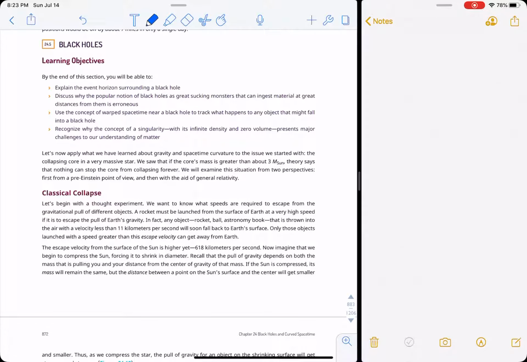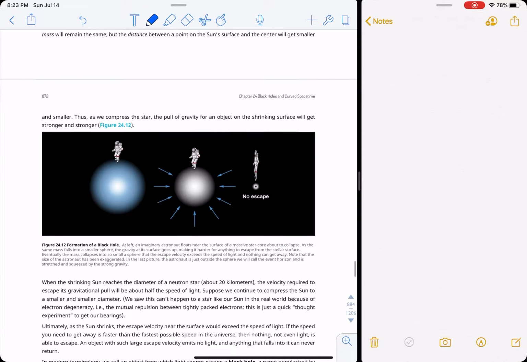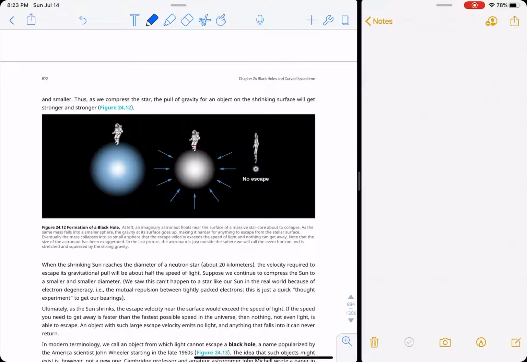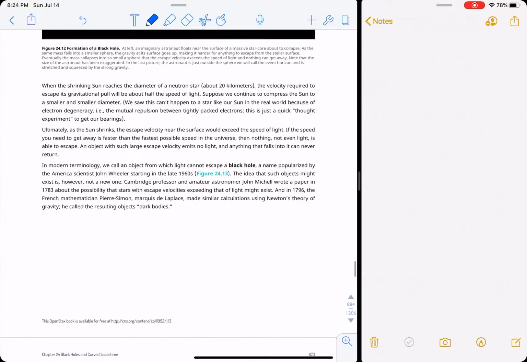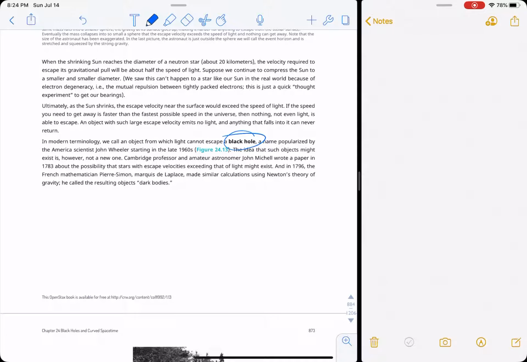The concept of space-time being so warped that nothing, not even light, can escape, and this singularity at the center of the black hole, why that's such a problem. Okay, so remember, after a high-mass star collapses, it collapses down to either a neutron star or a black hole. So you need to get a ton of mass into a tiny spot in order for the gravity to become so strong that light orbits the black hole. And we call the thing a black hole that light cannot escape because it's so dense that any light ray that comes close to it either orbits it, or if it comes close enough, falls into the black hole.